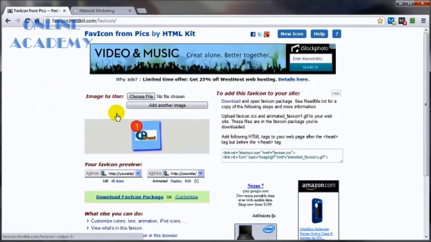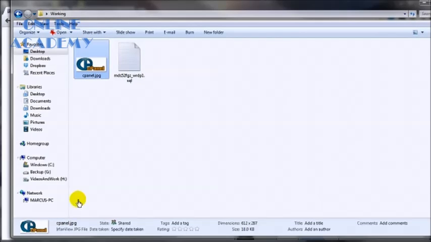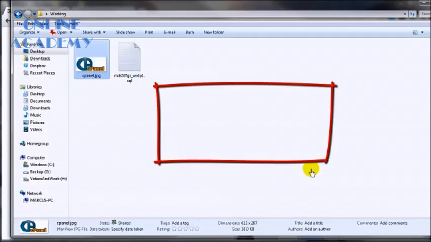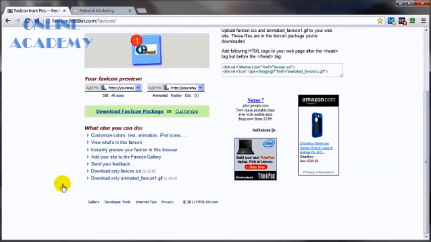and there it is. Now if we go back here, let me go ahead and show you that image. I'm going to bring this in. I want to show you just how big that image is. 612 pixels wide by 287 pixels. So you can see it's kind of like that big, but this program brings it down to size. Now, it's probably not the best example, but you can see what it will look like right here as a demonstration. And you've got some other customized options here that you can work with, but I want to try to